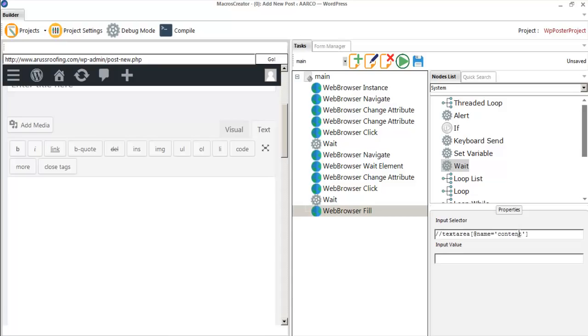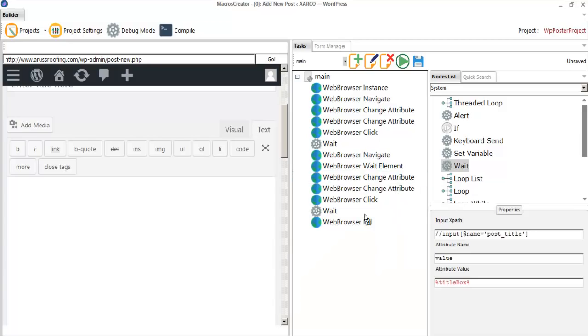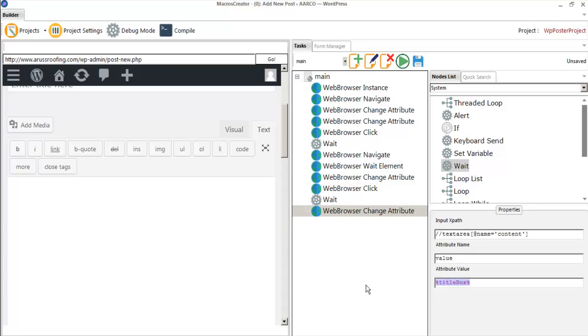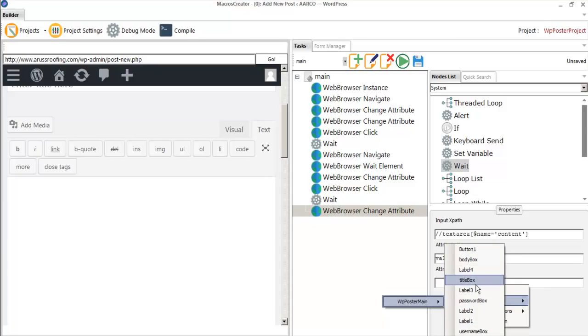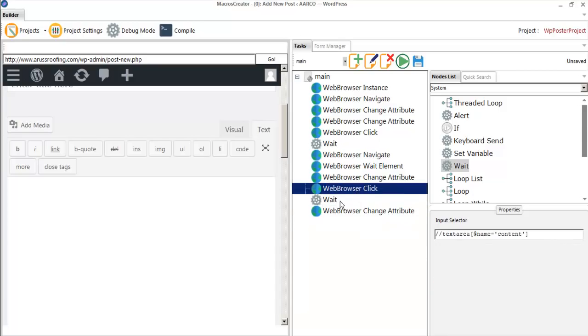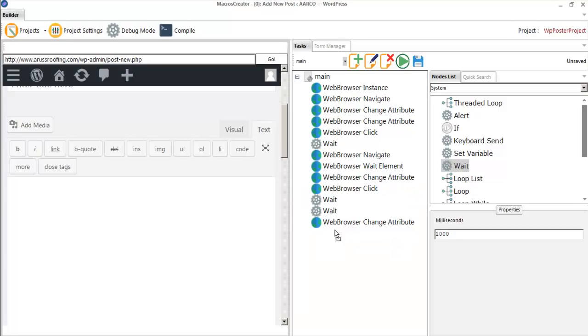Oh, sorry, let's just use change attribute. It's better to use change attribute. Delete, and let's use body here. Body box, and that's it. Wait a little bit, and